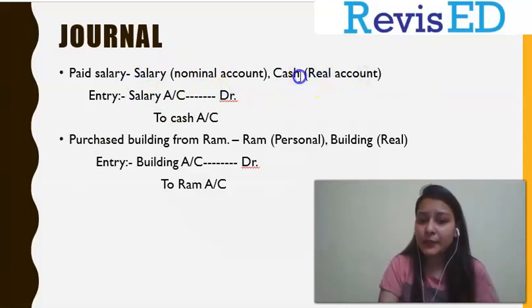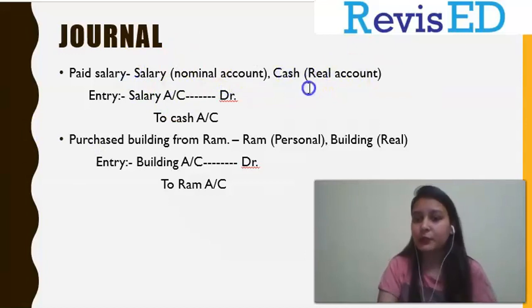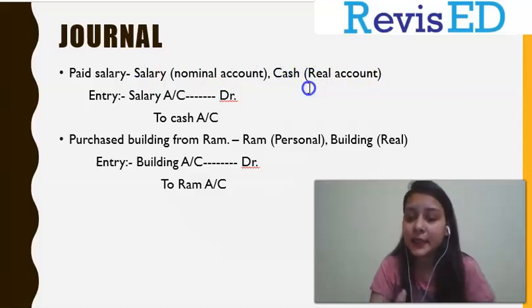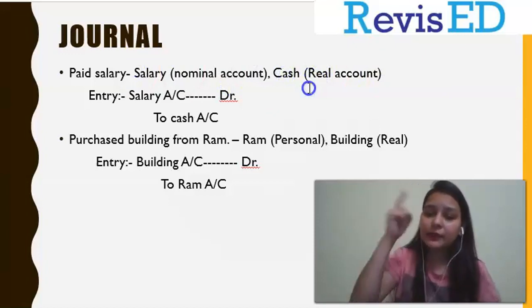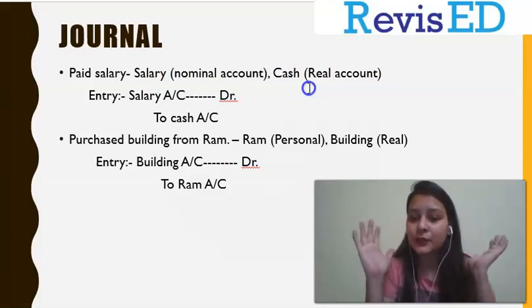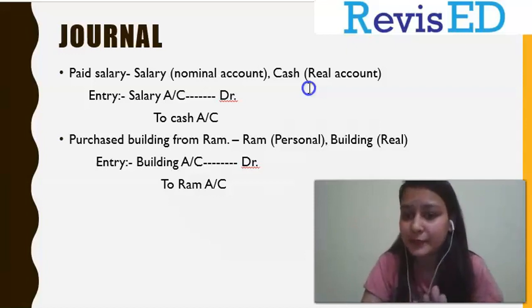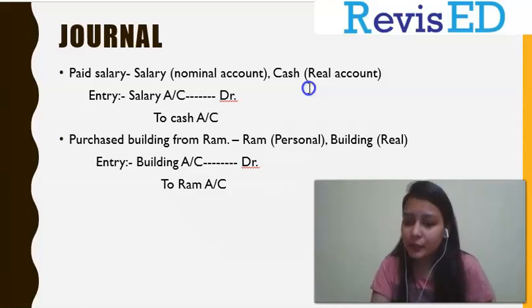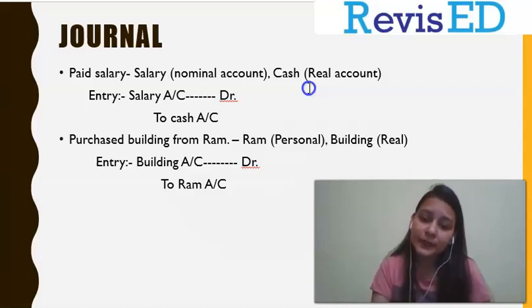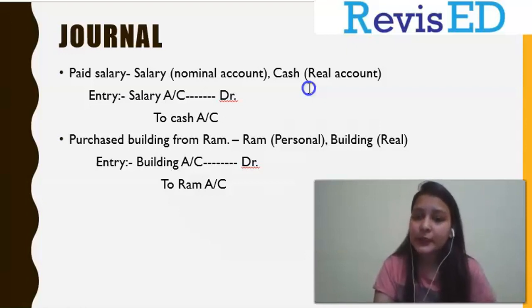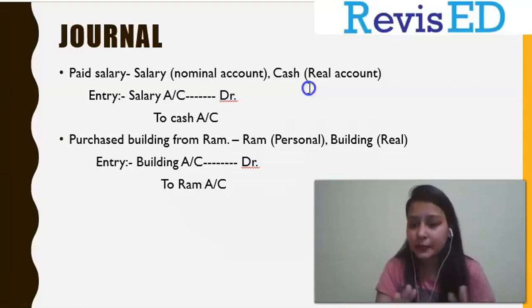सेकेंड अकाउंट जो यहाँ पर इफेक्ट हुआ है इज द कैश अकाउंट. अब कैश अकाउंट क्या है हमारा, कैश अभी मैंने बताया था, कैश इज एन असेट. असेट की जब भी हम बात करेंगे we will remember कि असेट मीन्स रियल अकाउंट. सबसे पहले तो हमें अकाउंट लर्न करनी है, फिर हमें उनके गोल्डन रूल लर्न करने हैं, तब जाकर हमें ये जर्नल एंट्री समझ आएंगे. अब रियल अकाउंट का कौन सा रूल था, वो आपको याद करना है. क्या था रियल अकाउंट का रूल, डेबिट दैट कम्स इन, क्रेडिट दैट गोज आउट.